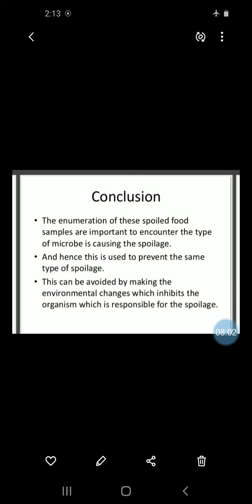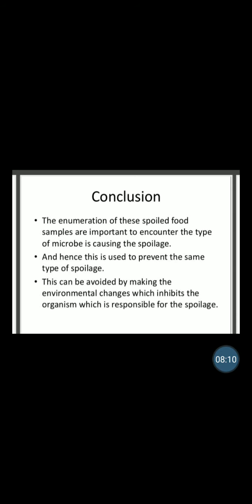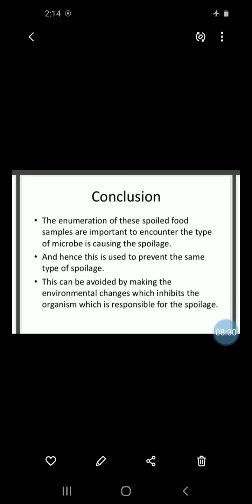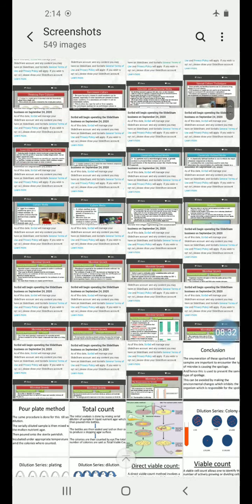It means the type of microorganism responsible for the spoilage, and hence this method is used to prevent the same type of spoilage. This can be avoided by making environmental changes. What is the remedy? It means it can be avoided by making environmental changes which inhibit the organisms which are responsible for the spoilage. Then we will see